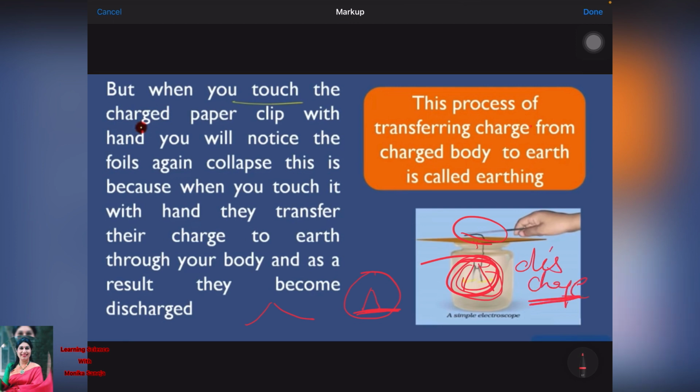So in this way you can see the charge transfers through a conductor, and ultimately it reaches the earth. The process of transferring charge from a charged body to the earth is called earthing. Now beta ji,